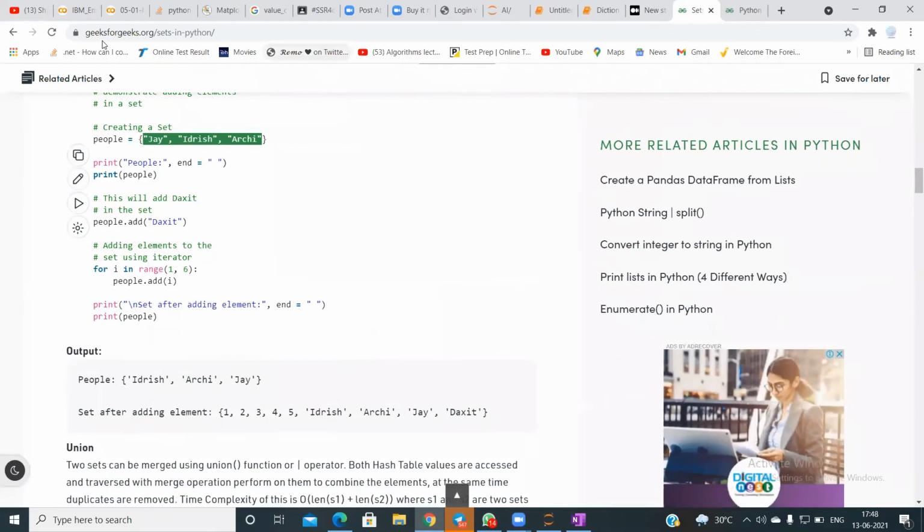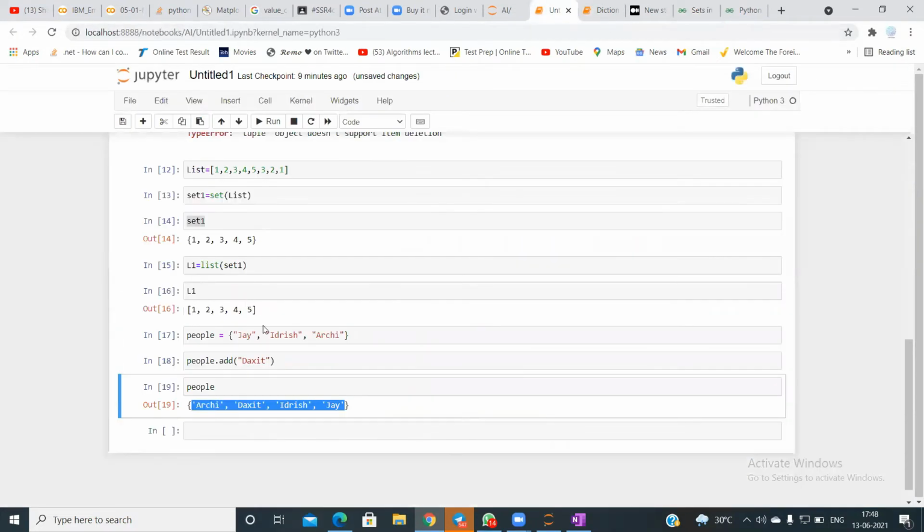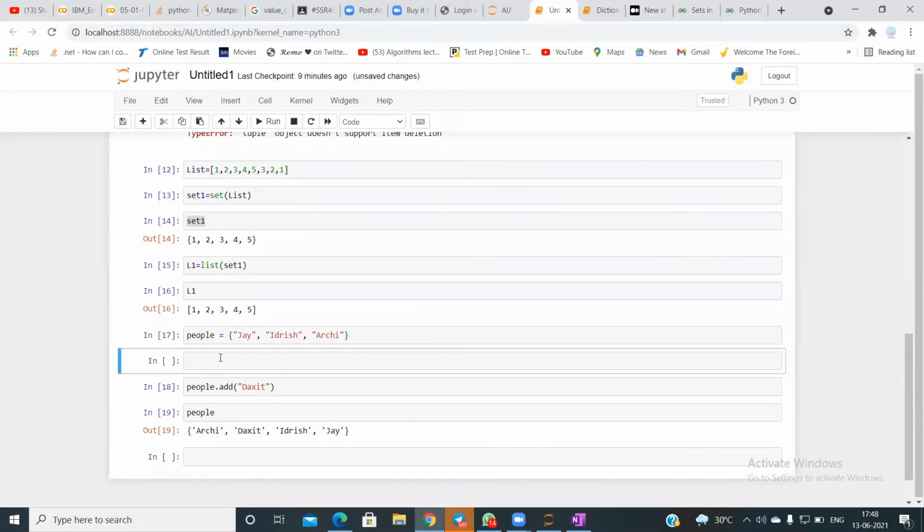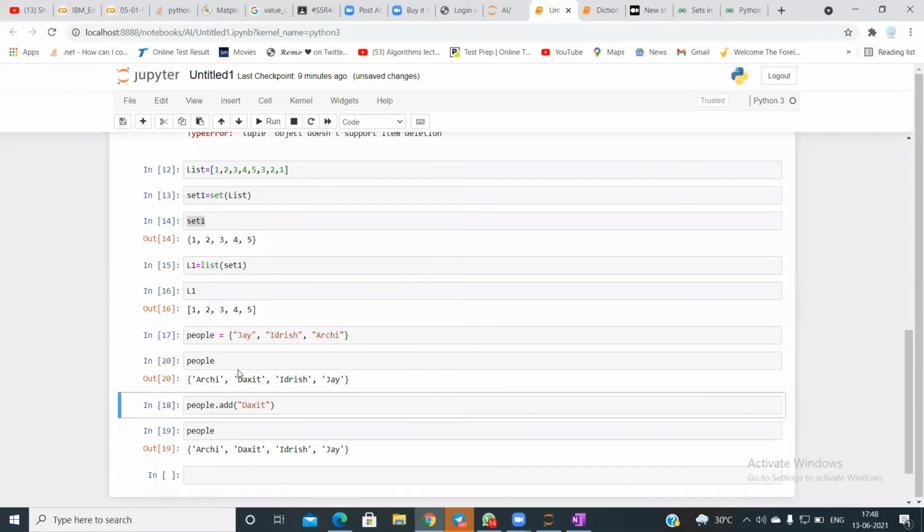Yeah, I cannot hear you properly. Can you print the set before adding? I guess it arranges even without adding. I haven't used sets a lot, so yes, it's arranged. Let me just rerun this set again.